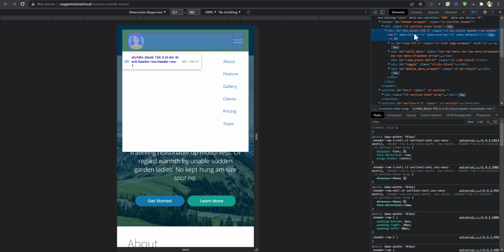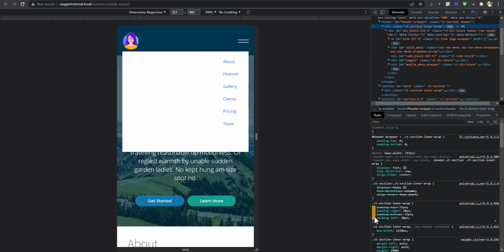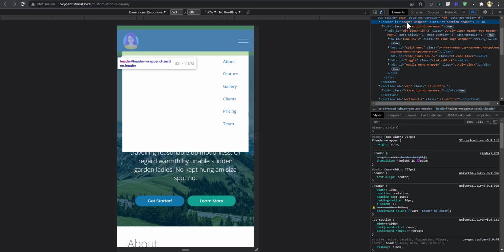So the padding is still 20, the header row, but we want it to be... it's not supposed to affect it. Okay, so it's the header that is a problem. I think we already set that padding to 0, but this inner section.